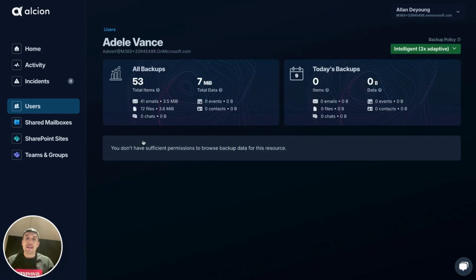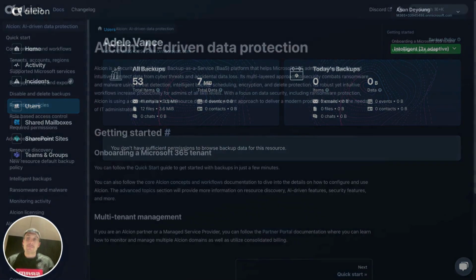However, what Alan can't do is browse the backups. He also can't delete any of these backups. And he also can't change any of the subscription or billing information or adjust any user permissions and things of that nature. And that's what that backup operator role is designed for, really: the day-to-day operations for someone that can come in and maintain your tenant dashboard without having any full destructive action ability.